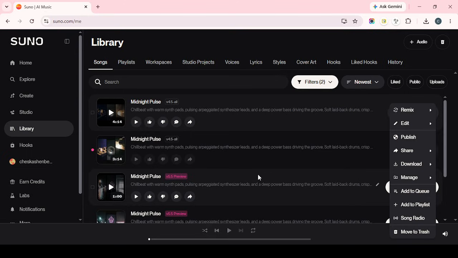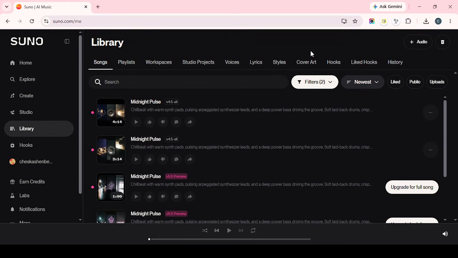Once everything looks right, hit create. The system will then generate the extended version based on your selected timestamp and the instructions you provided. After it's finished, listen through the result carefully. Pay attention to how naturally the